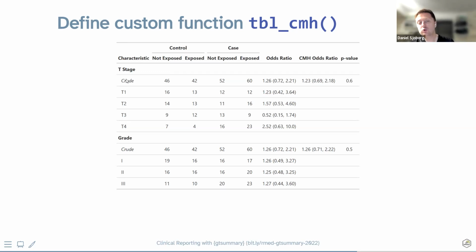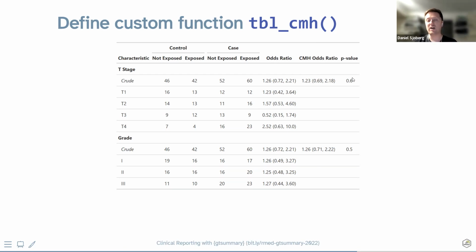Then they wanted the crude estimate, which was all of those stages combined into one. And then they take all of these odds ratios, and then they use Cochran-Mantel-Haenszel to combine them. I know it's common in other fields, but for me, I'm just like, did you just want an adjusted odds ratio? Why don't you just use a logistic regression? But this is before logistic regression existed, and there are still very legitimate reasons to use this method. And so they calculate the Cochran-Mantel-Haenszel odds ratio and add a p-value column as well.